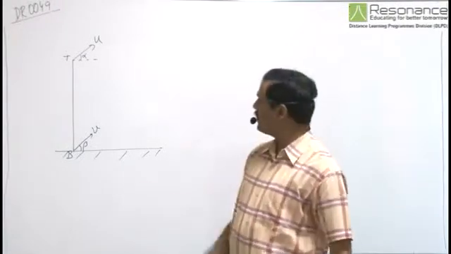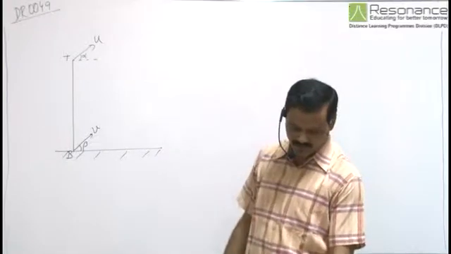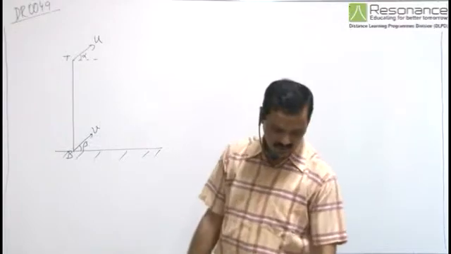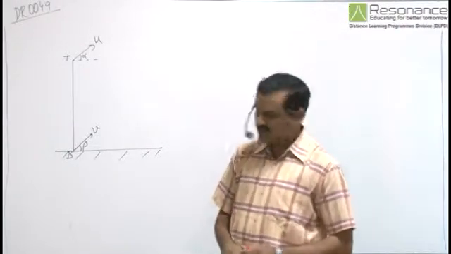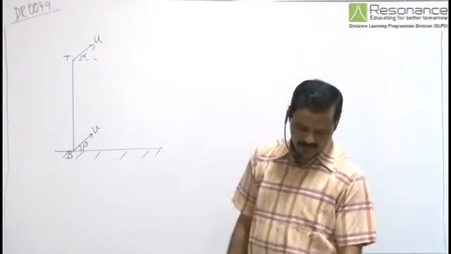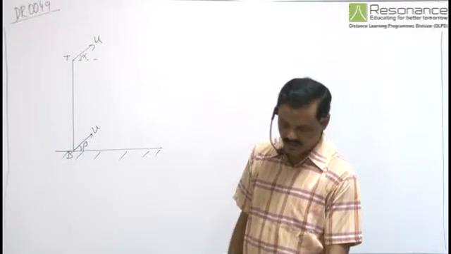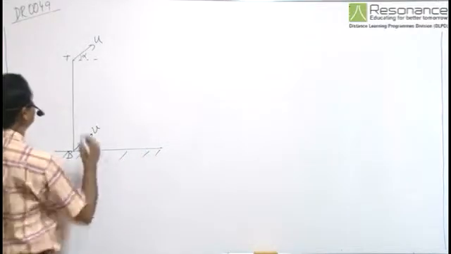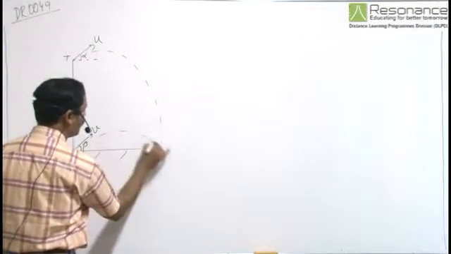In this question, shots are fired simultaneously from the top and bottom of a vertical cliff with elevation alpha and beta respectively. They strike an object simultaneously at the same point on the ground. If s is the horizontal distance of the object from the cliff, then you need to find the height of the cliff. So when they are fired simultaneously, they hit an object on the ground